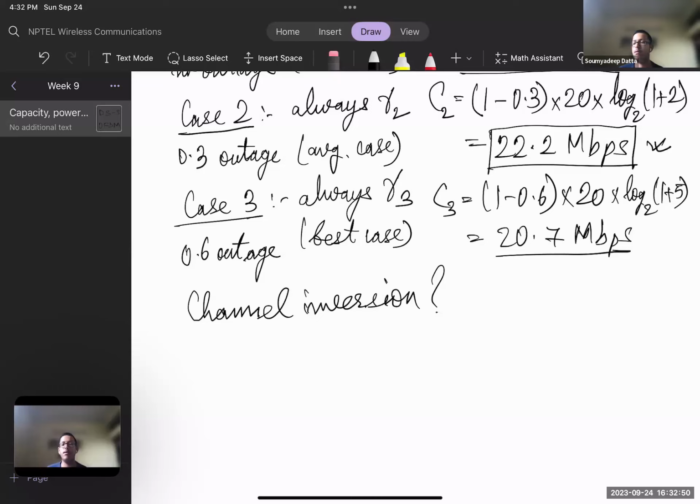During transmission, we precode the signal by multiplying it with 1 by gamma. You can check the lectures for the derivation, but essentially for channel inversion,